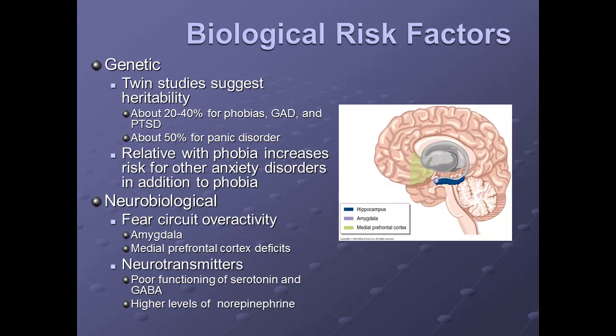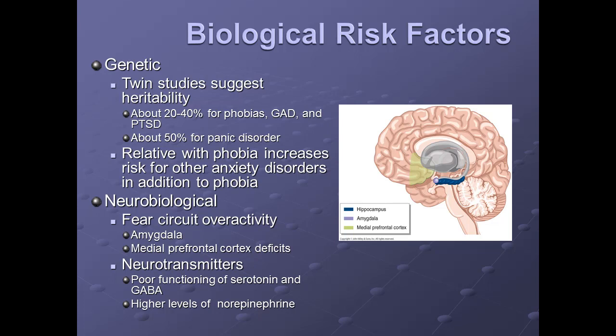Now, it may be that those genetic factors are impacting a person's neurobiology, and we do know that there's some neurobiological variables that can be contributors to anxiety disorders. One of the main things we see neurobiologically is an overactivity in an individual's fear circuit. So I'm talking about that flight or fight system that I've already discussed. In other words, that person has a sensitive amygdala, and I've got a little visual here for you to understand where that amygdala is. For those of you that have forgotten, remember the amygdala is the center for emotional memory. This is also where we house anger and fear.